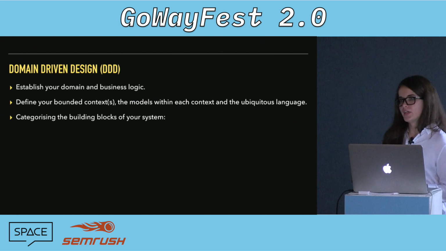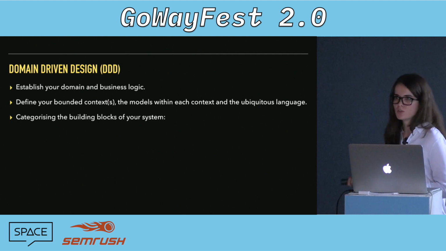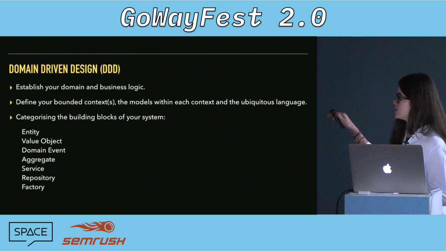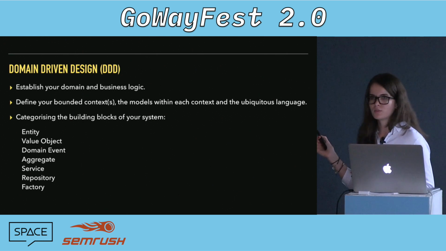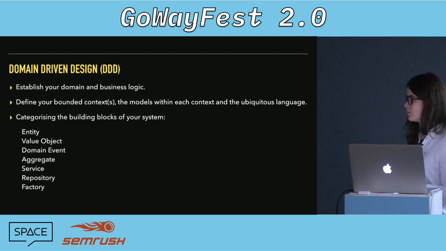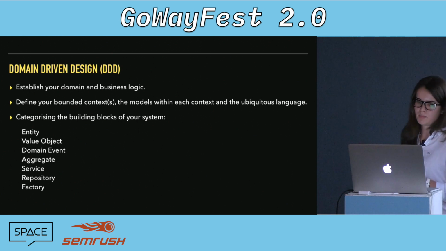And then you start identifying the building blocks of your system. So you're starting to see in your app what's a value object, what's an aggregate, what's a repository. And these all sound really formal, and I'm not going to go into the definitions of each of them because it takes a while to wrap your head around them. But instead I'll try and explain them based on what we have in our demo app.